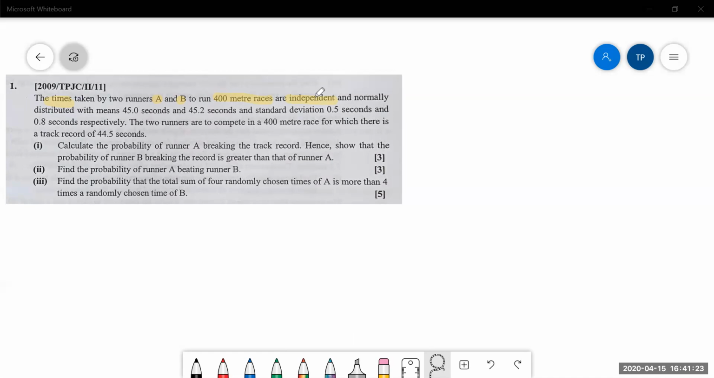Okay, carrying on. It's independent and normally distributed. See, they will tell you it's normally distributed. So this is when you know that it's normal distribution. If you still go and do DRV or binomial distribution,